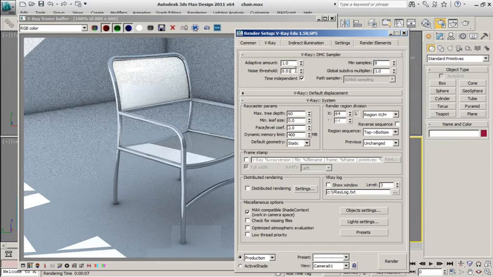So the point is, if you have a problem, try to fix the problem where the problem lies, and only change this noise threshold value if there's no other option. As an example, if you have noise in the shadows of your lights and you set the subdivision value of the shadows to say 20 or 30, which would normally remove the noise, and it doesn't remove the noise, then it's probably because of this noise threshold, and then and only then should you reduce the noise threshold value